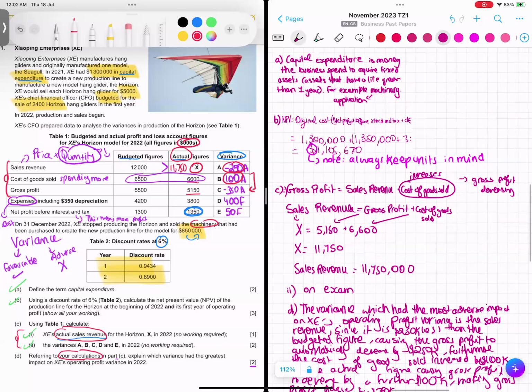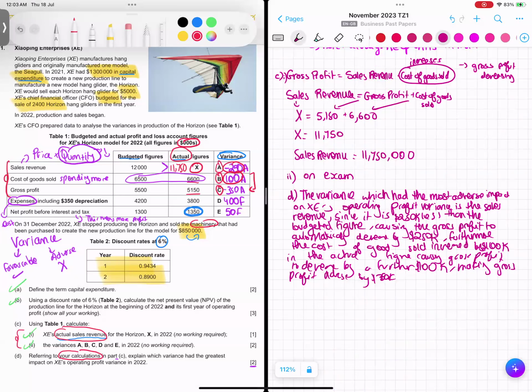Then we have to continue because remember, we have to refer to all of our calculations. So we referred to the calculations in question C, right? So this is done. Now we have to refer to the other variances. We talked about variance A, we talked about variance B, we talked about variance C. Let us continue talking about D and E. For the variance which had the most,